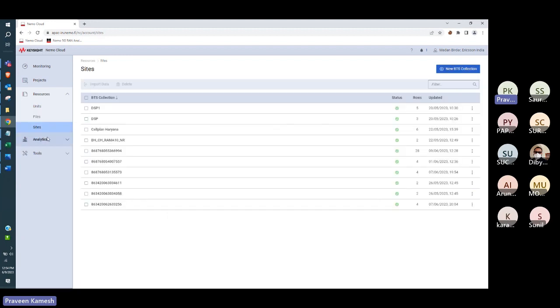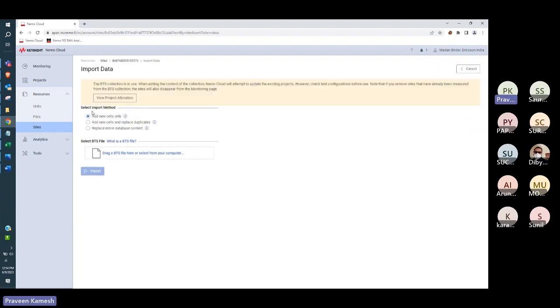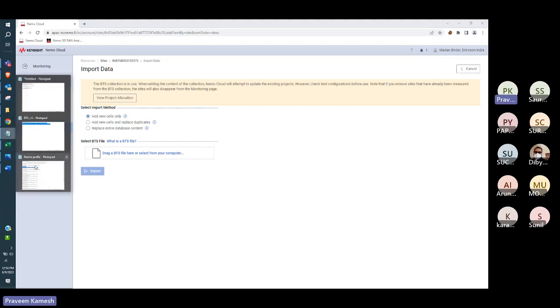But in sites, you don't have to remove anything. All you have to do is click on that particular import. And as I said, you have an option. If you want to change the duplicates, you can change. If you want to remove the entire database, you can replace the entire database, or if you want to add only new cells, you can do it. And the naming convention